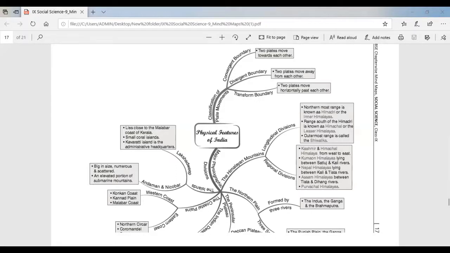According to the variation in elevation points, the northern plains can be divided into four regions. The rivers, after descending from the mountains, deposit pebbles in a narrow belt of about 8 to 16 kilometers in width, lying parallel to the slopes of the Shivaliks, which is known as Bhabar. All the streams disappear in the Bhabar belt. The streams and rivers re-emerge and create a wet, swampy, and marshy region known as Terai.